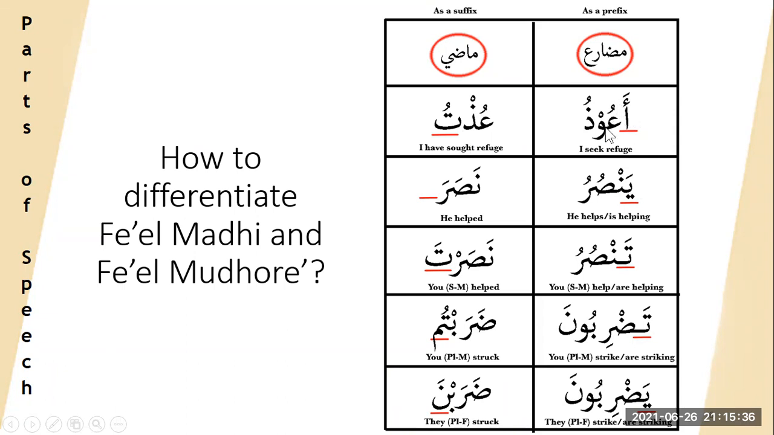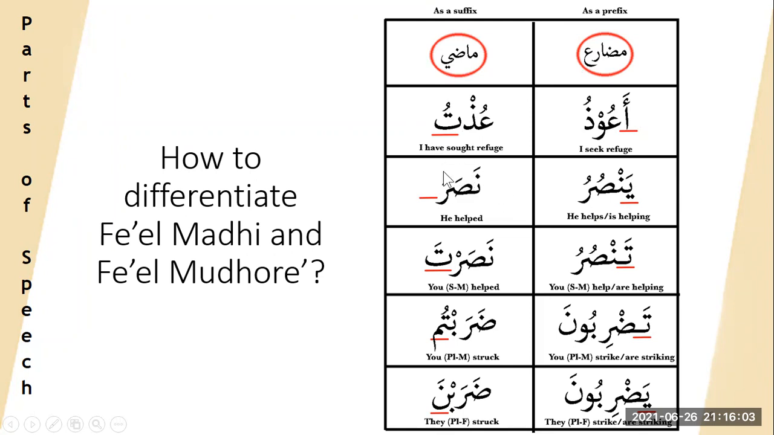You know that it's for I with the hamza. So hamza is at the front. For fi'l madi, you know this is for I because of the ta, ustu. I have sought refuge. Okay, it's when I seek refuge. Okay, that's how you differentiate. Same goes with